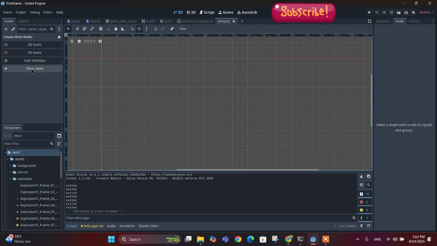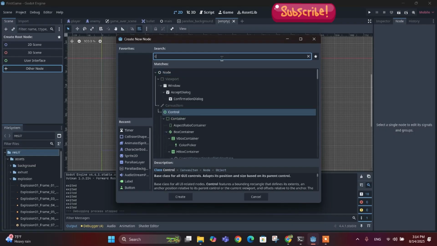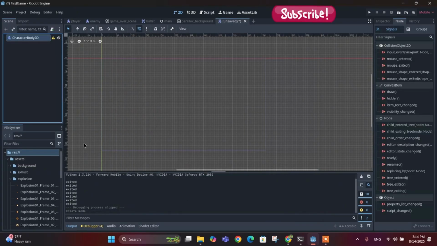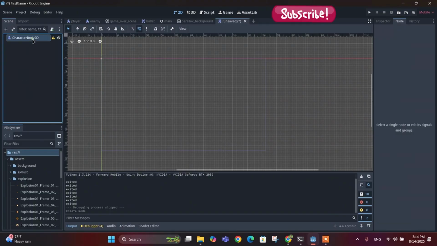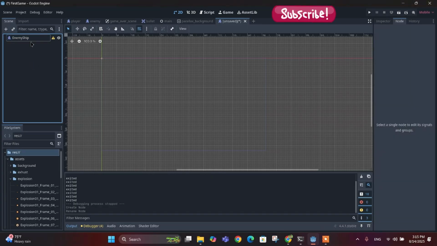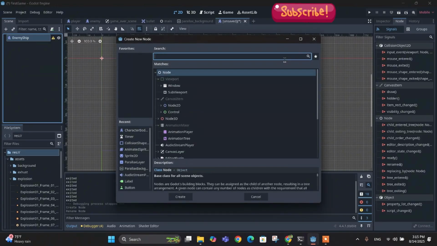And now let's select other node, and in our scene we select character body 2D, and create. So we have got the character body 2D here, and let me just rename it. I will rename it to enemy ship. And next let's click on the enemy ship, right click and add another node,